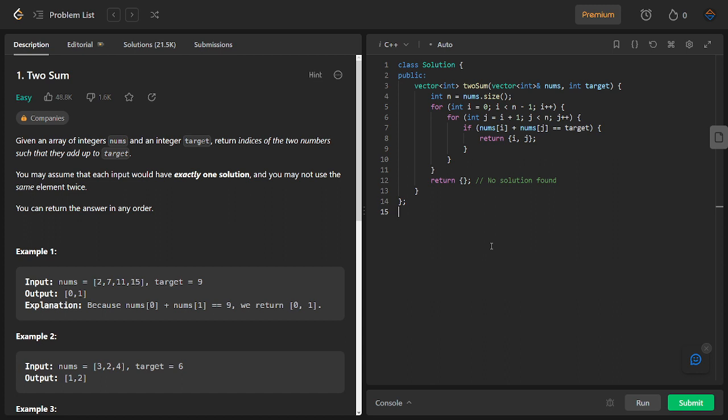The inner loop starts from i plus 1 and goes until the last element of the array, using the variable j as the index. This ensures that we compare each pair of elements only once, without repetition or redundancy. In each iteration, we check if the sum of nums[i] and nums[j] is equal to the target value. If it is, we found our solution. We create a vector containing the indices i and j and return it. If no solution is found after exhausting all possible combinations, we return an empty vector to indicate that no valid